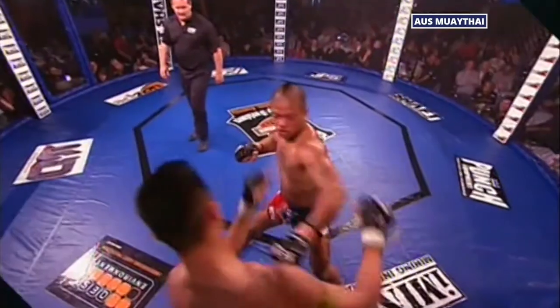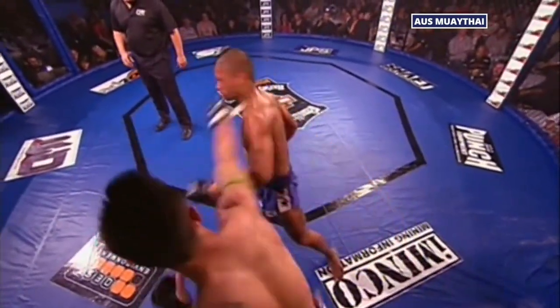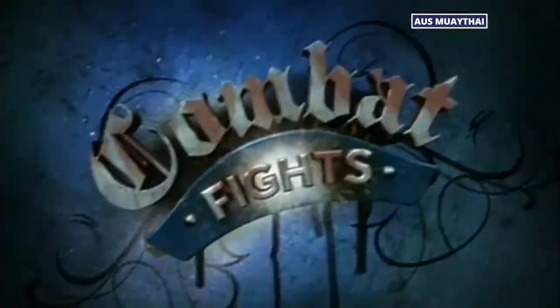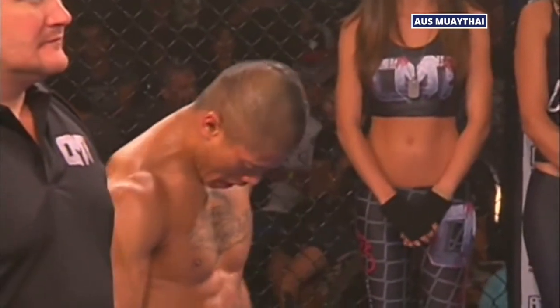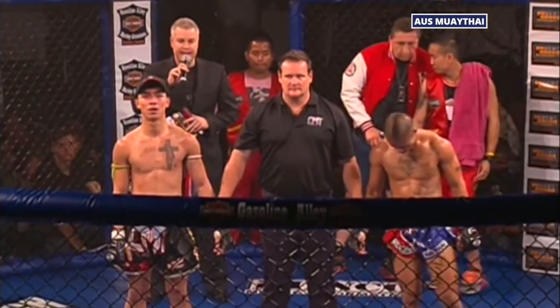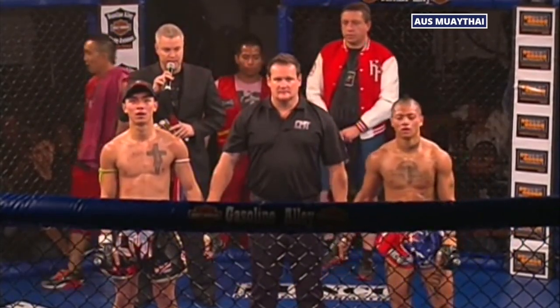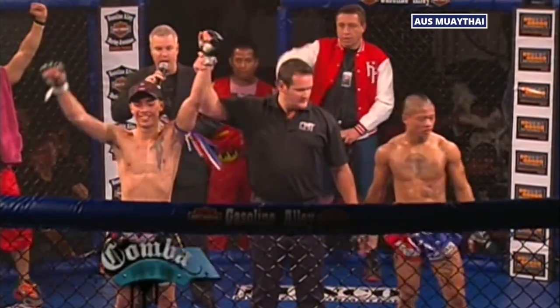High energy stuff here on the Gold Coast. That right hand that really paid dividends for Concha. There's a double right. After 3 rounds, we go to the judges' scorecards. They have come back with a unanimous decision. To the red corner, Joe